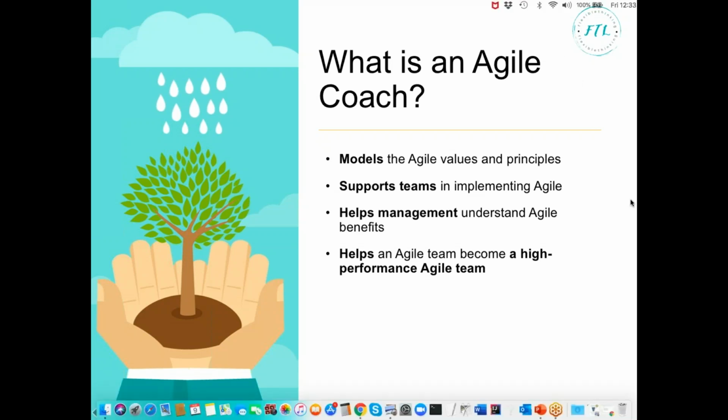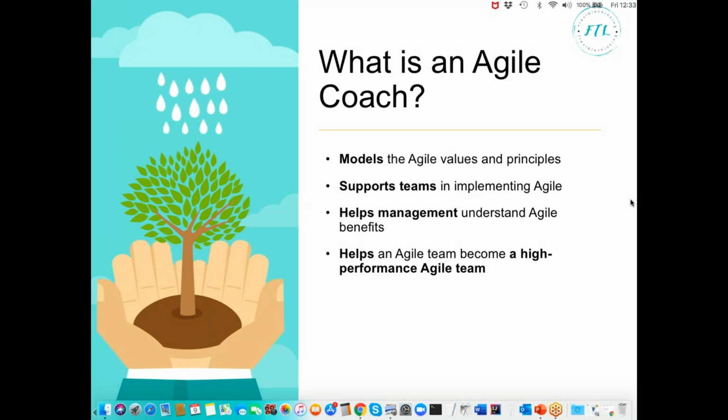An Agile coach really is anyone who has these behaviors. They have a strong vision and practical knowledge of the Agile values and the Agile principles, and actually model and embody those principles in their day-to-day behavior. So they become really part of it. And this word model, we use it an awful lot. It's about role modeling particular behavior. Almost like really leading from the front in terms of this is the way we act, this is the way we think, and this is the way we behave in an Agile team.